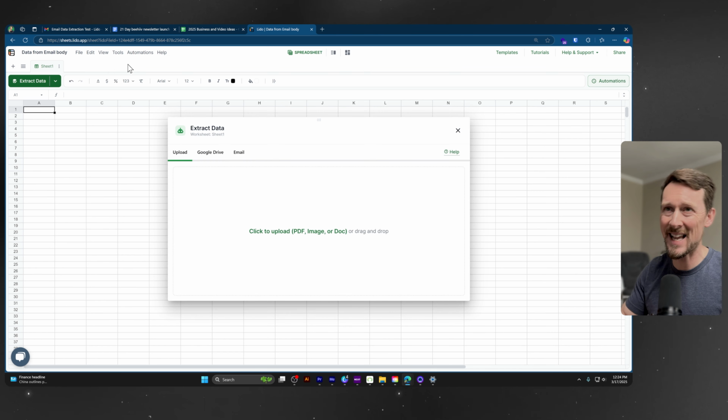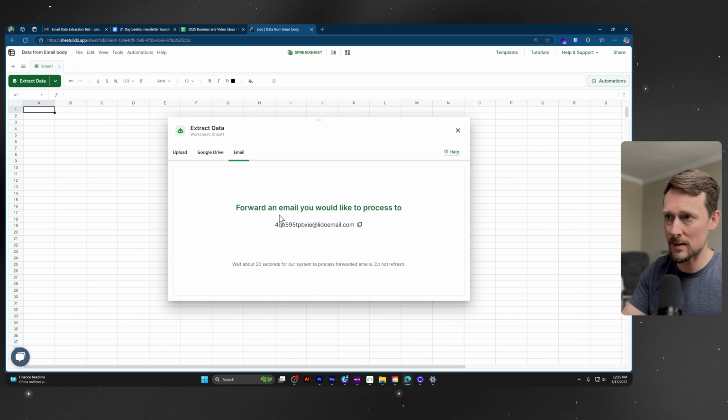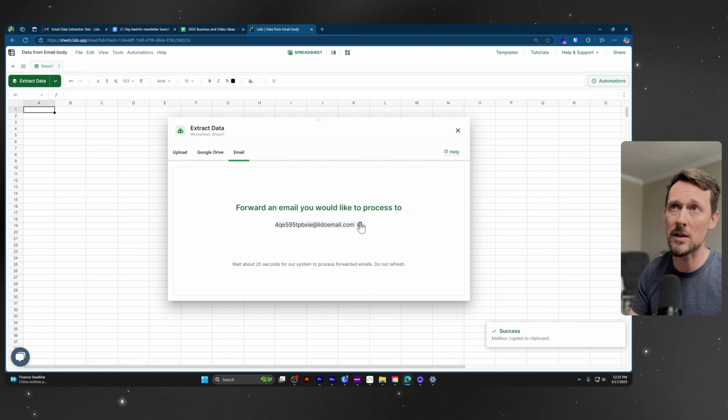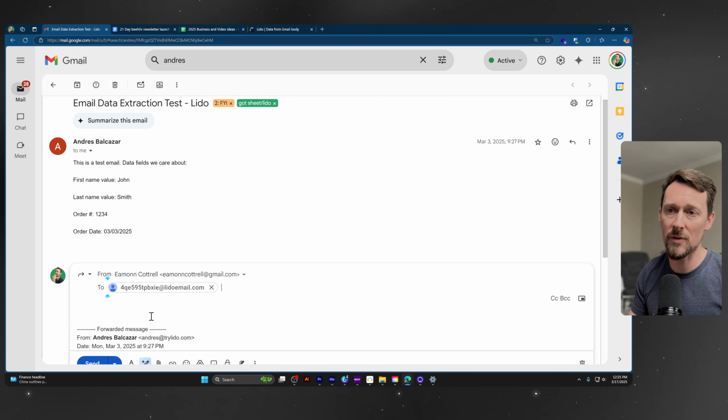Coming up here to go to the data extractor tool, and then right here, we've got email as an option. So we're going to click email, and this is going to generate a unique email address for you. If you're logged in, you're not going to see this random selection of strings. It's going to be something unique to you. We're going to copy this to our clipboard, head back over here, and I'm just going to forward this to